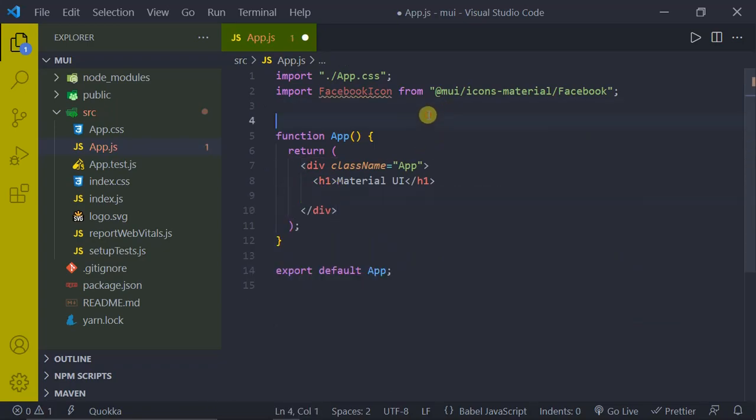Now first what we'll do is we'll see where we can make use of this avatar component and then we'll see how to make all that different kind of avatar one by one. If you have gone through any social media website, you will be able to see an avatar, right? Not only social media website, wherever an account exists, there exists an avatar.